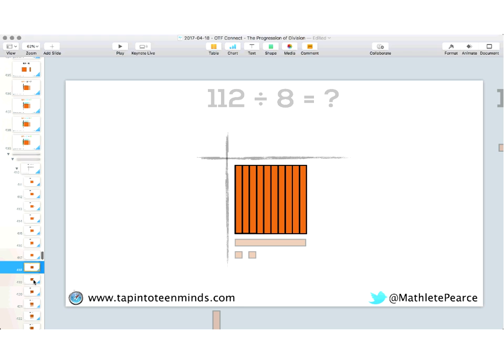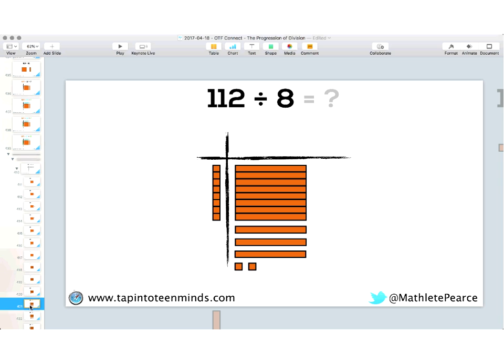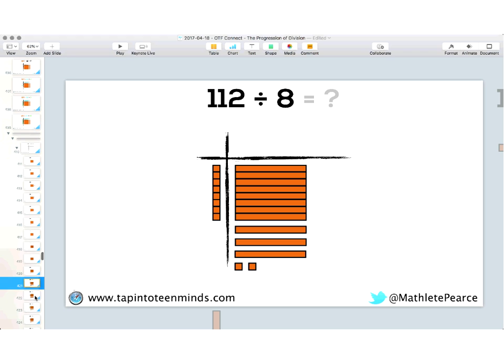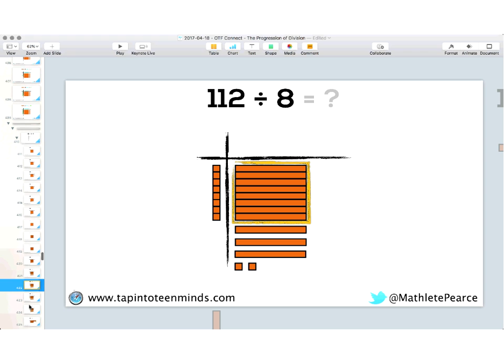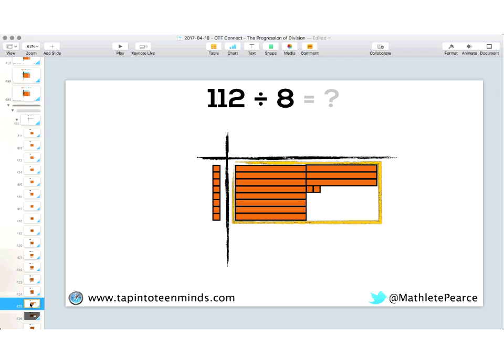And when I bust up that 100 flat, and if I show my 8 pieces here like I'm doing up on the screen, you can see that I've got a dimension of 8, and now I've got to take my other pieces here. I've got 3 10 rods and 2 units that need to fit in somehow. And you'll notice they are not fitting in right here like so.